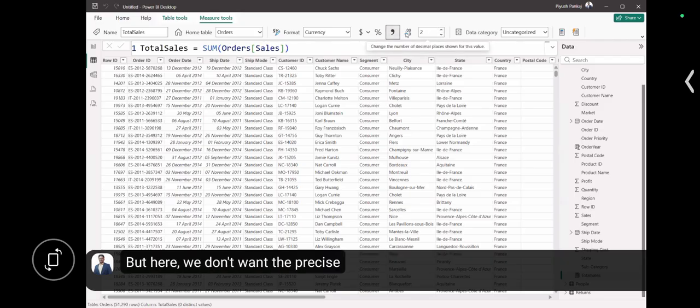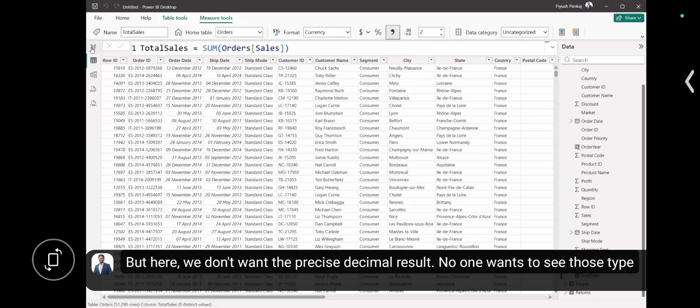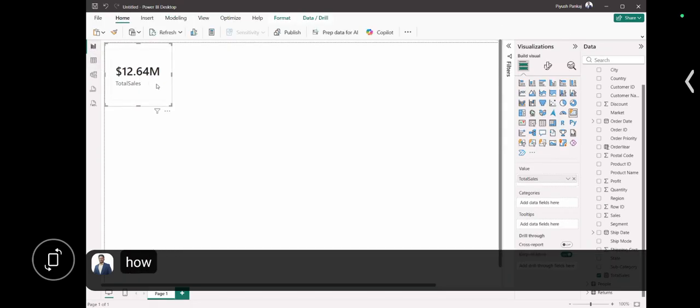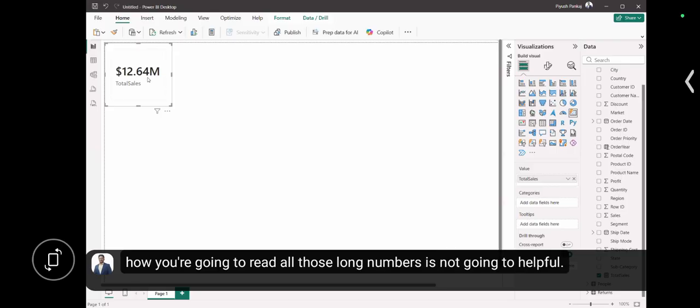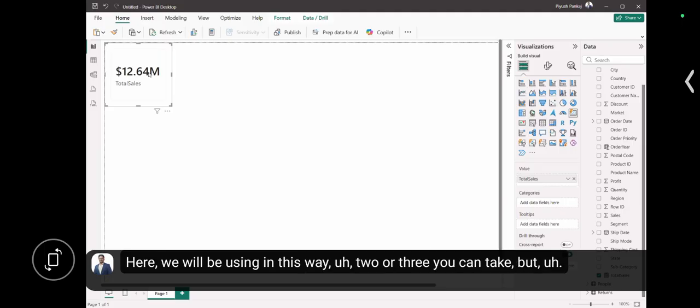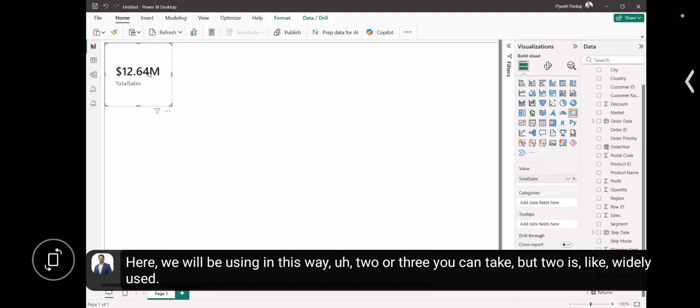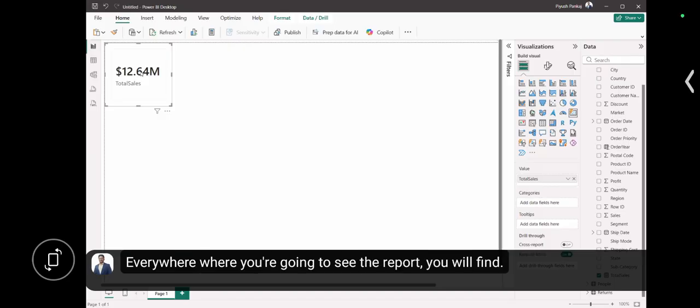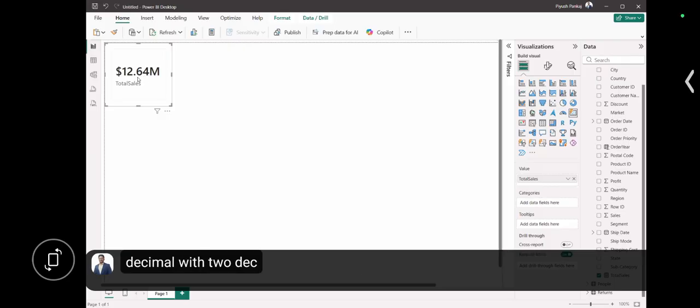No one wants to see those types of results, because reading all those long numbers is not helpful. Here we will use 2 or 3, but 2 is widely used. Everywhere you see a report, you will find 2 decimal points. So 12.64 million